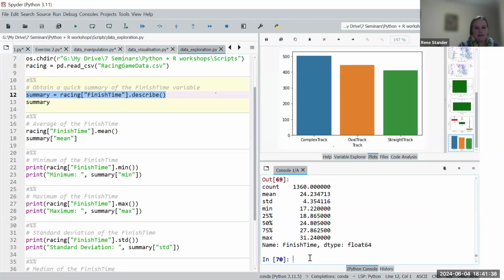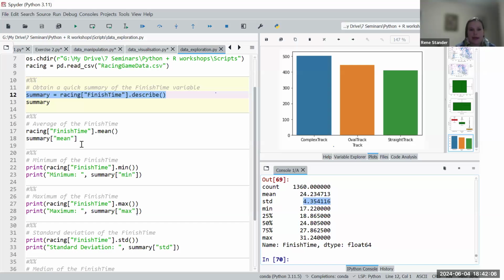you can see in summary, we have a summary. So we have the count, how many observations there are. It gives us the mean and the standard deviation, and it gives us then the 5 number summary as well. So the minimum, the first quartile, second quartile, and so forth. Okay. Then if we only want the mean,